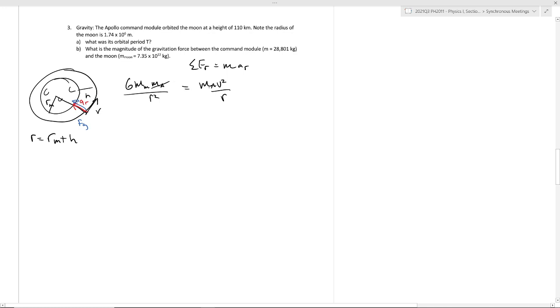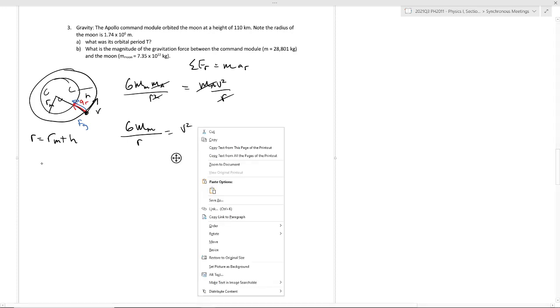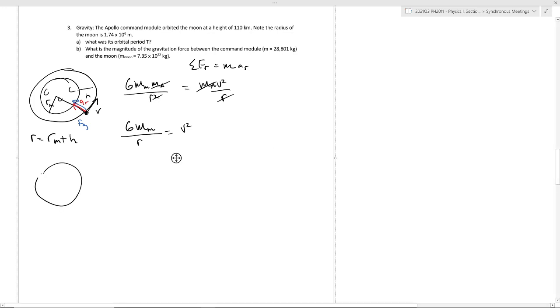Notice the mass of the spacecraft would drop out, and we lose a factor of r as well. And so we have GMm over r equals mv squared over r, or rather v squared. And the other piece of information that we need is that we need to connect this to the